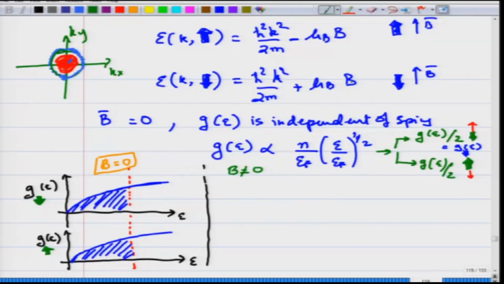The electron at k equal to 0, which was originally at energy equal to 0, is now starting with an energy where the anti-parallel moment has a higher energy, and this has a lower energy. So, they will get shifted, and that is what we do. Total number of electrons still remains constant, but the energies are now shifted. So, we have to plot this density of states slightly differently. So, let us do that.